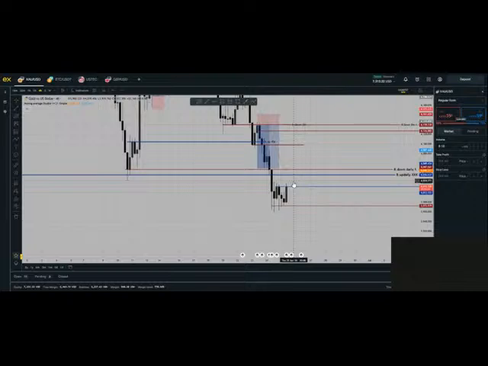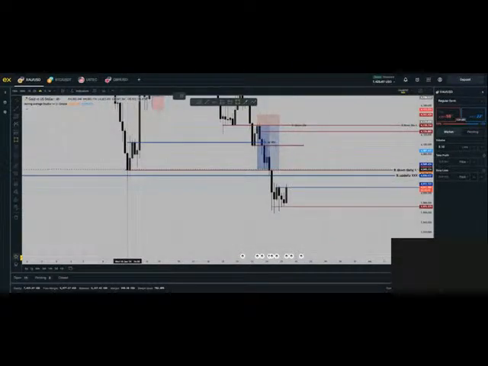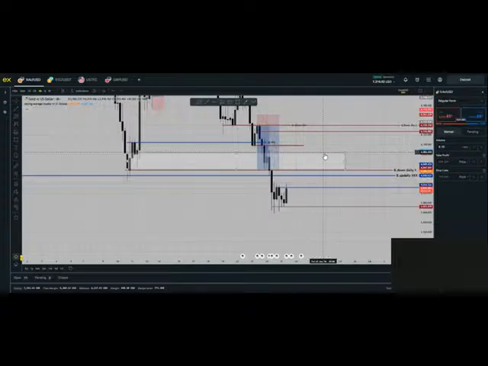This level right here, let me try to mark it out. We also have an internal order flow on this particular level of price. So these two price levels are going to act as resistance at all costs. That is 4036 and 4046. That is where I'm expecting a lot of resistance to happen.